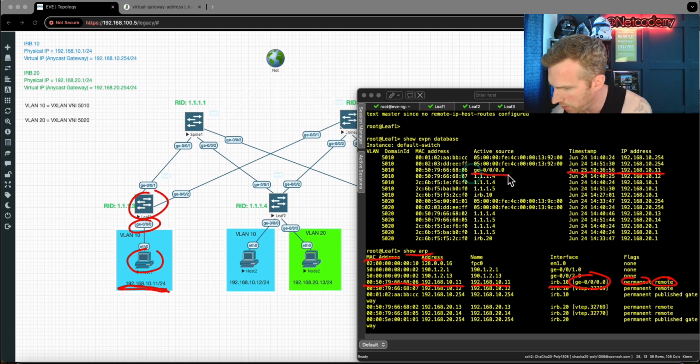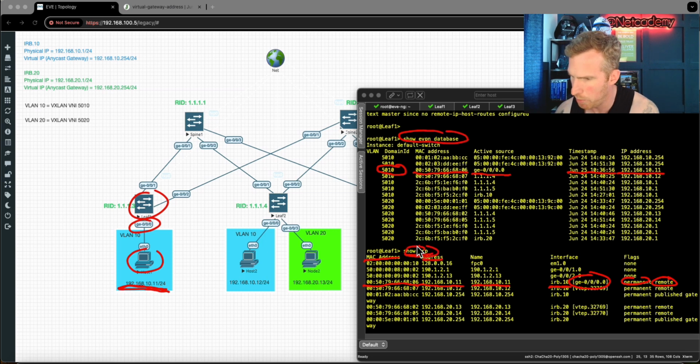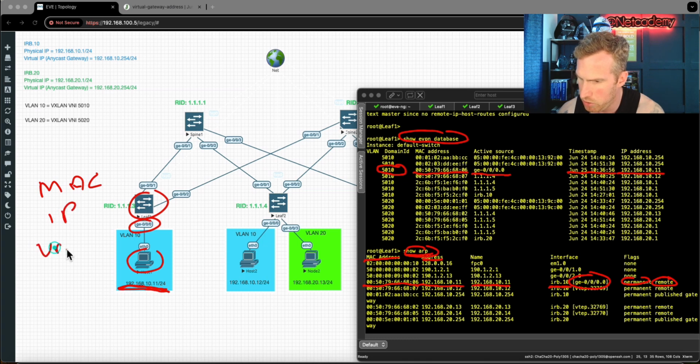We could see the egress interface, we could see the MAC address here, but the addition here is we've got the VNI. So we know just by using the show EVPN database and the show ARP, we could see the MAC address, we could see the IP address, you could see the timestamp, but additionally you can see the VNI. So for me, the show EVPN database is really a glorified show ARP table of all local